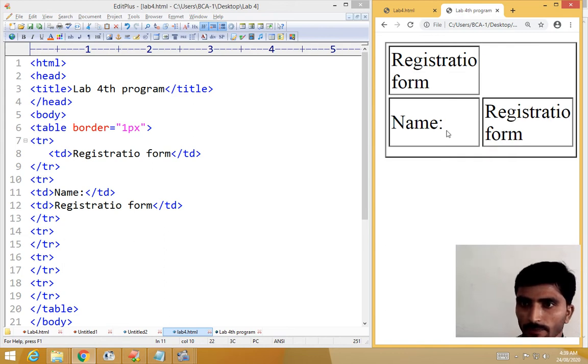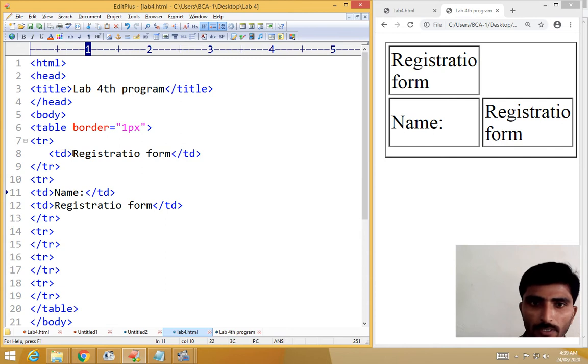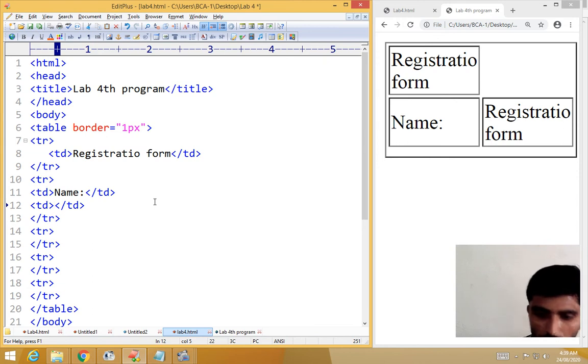Okay, so this is name. Then better you give this one td, h2, okay, no problem, or name. Then for the second one you use input, because I want to create the text.